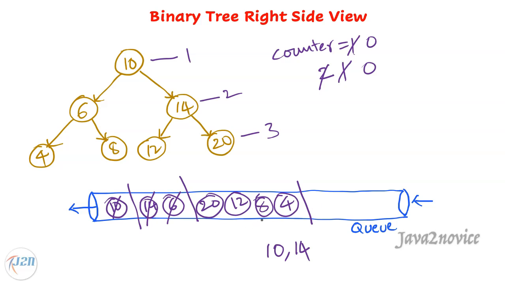The queue size is 4 here. Update our counter. Remove node from queue. Since it is the first node, track its value aside. Since it is a leaf node, it does not have any children. We are not going to add any nodes into the queue. Similarly, we will remove all these nodes. Since all these nodes are also leaf nodes, no other nodes are going to be added into this queue. And here we got all right side view node values 10, 14 and 20. Just return this back. This is the approach. Hope you understood. Let's write code now.